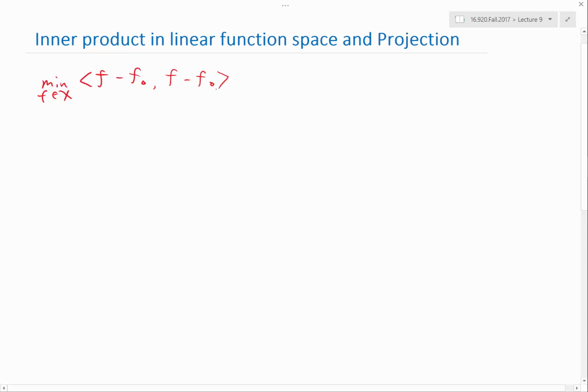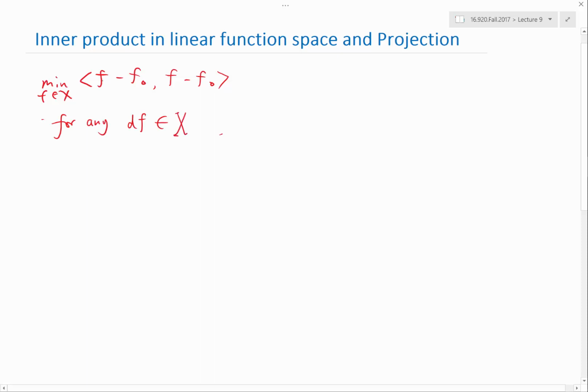Okay, let's do some functional analysis. The reason we want to do functional analysis is because we want to simplify this quadratic problem into a linear problem. So what you can say is that if I have an f that actually minimizes this, then for any df also in this x,